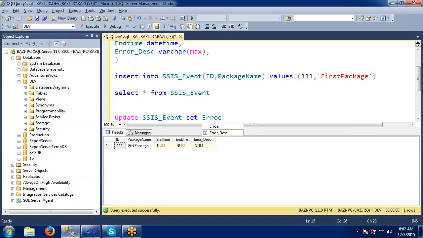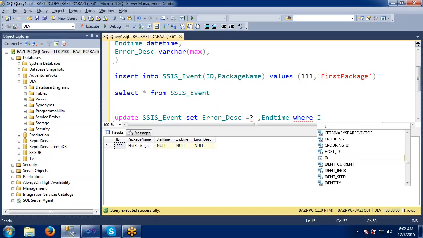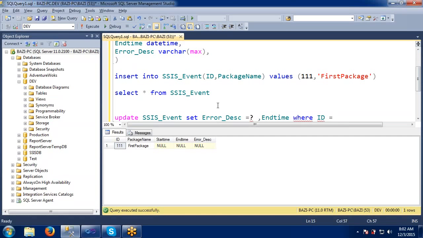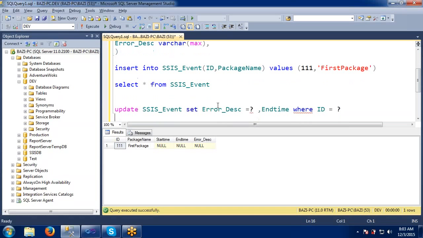That means we need to update those columns here: what was the error, and the error description, comma, end time, where id equals to question mark.